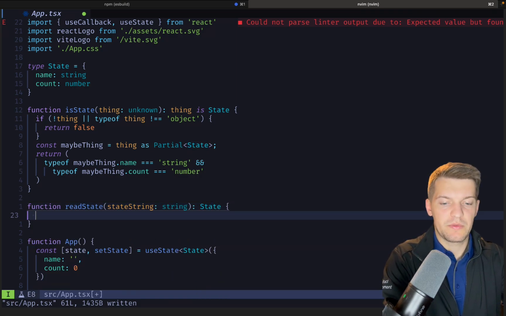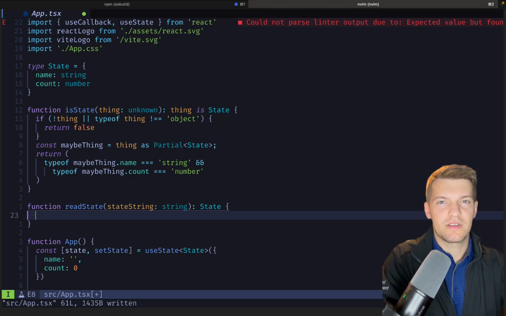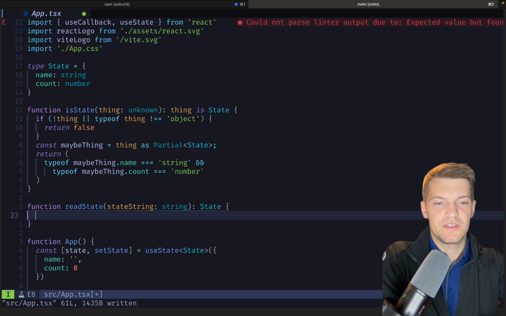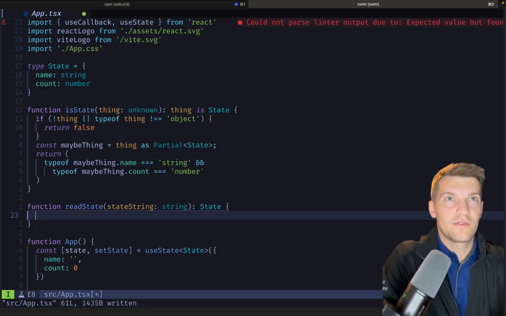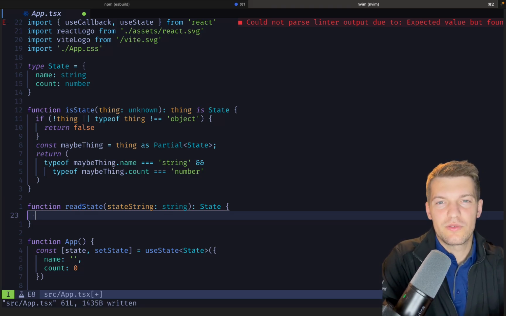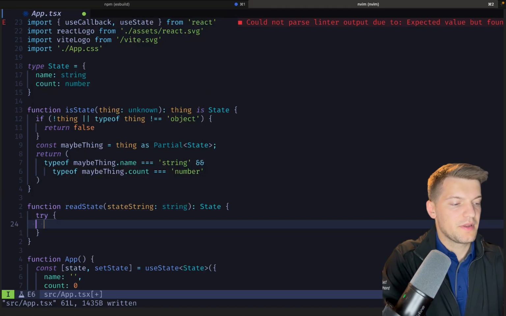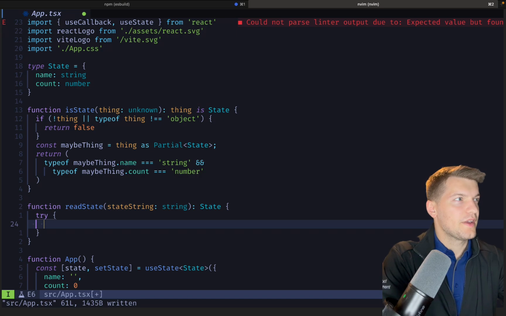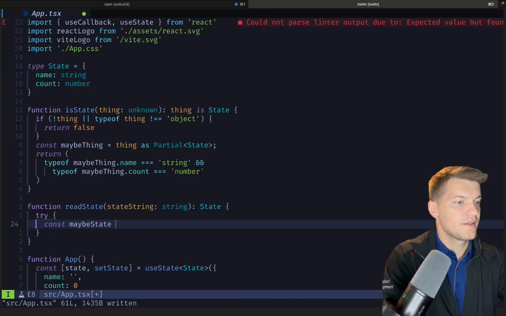And so whenever we work with JSON parse, we'll always want to wrap things in a try-catch, and this is especially valuable or important because what happens a lot of times is you end up changing your state interface, and your component will continue to read it and treat it as that state even though it's not. So this is the reason for all these checks. And here we'll want to wrap it in a try catch, and we'll have a variable called maybe state, and this will be